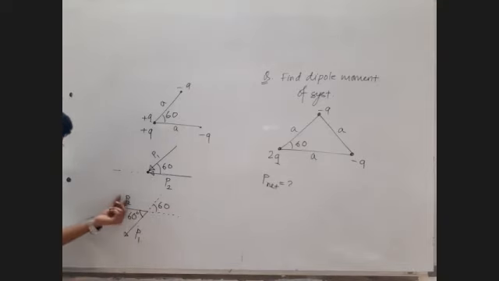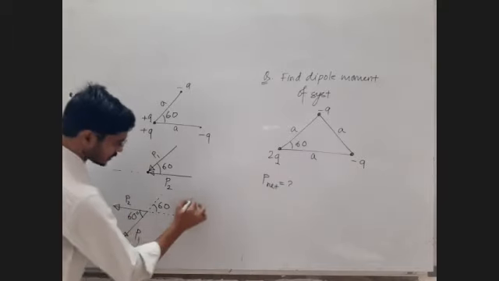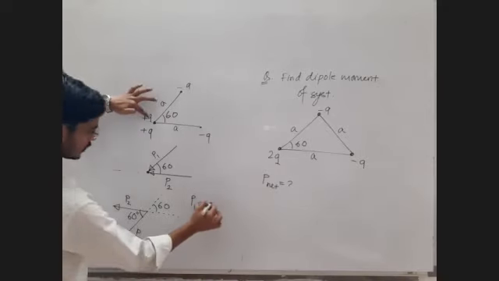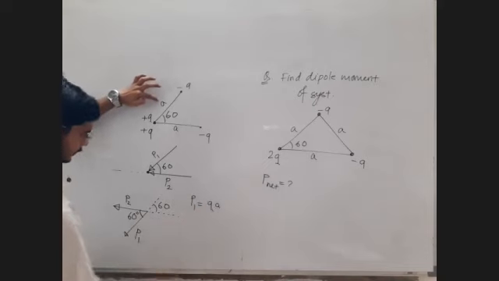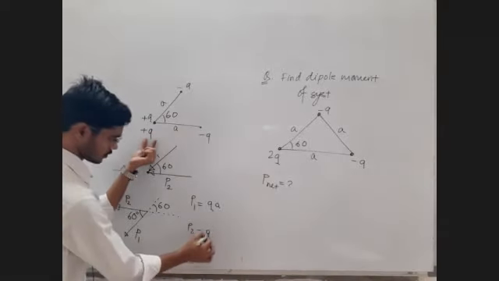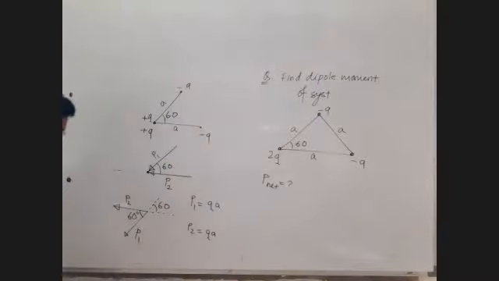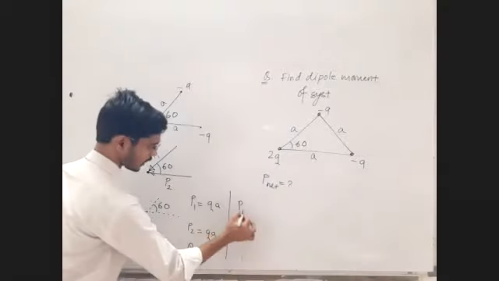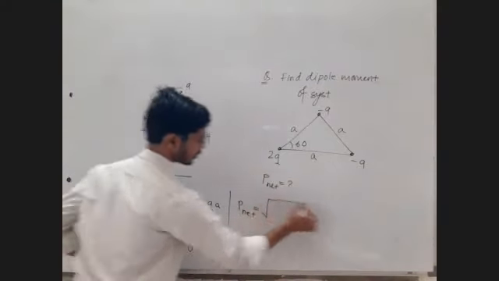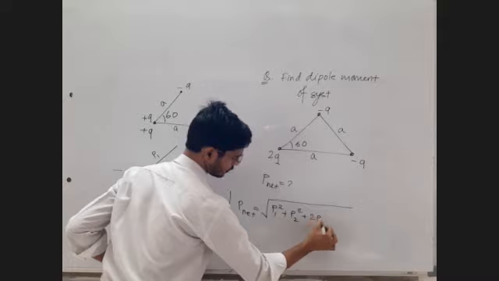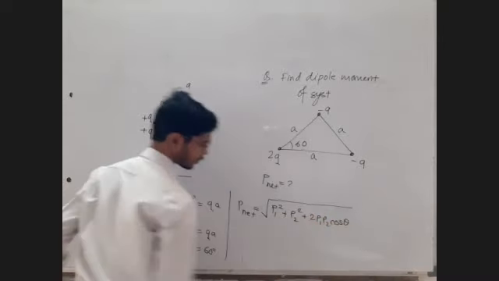So now you have two vectors. You have to find their magnitudes, and with the angle between them you will get the resultant. First, the magnitude of the first vector: this is the dipole moment, one of the charges, any one charge, into the distance between them, small a. Second dipole moment, also one of the charges into the distance between them. The angle between the two vectors is 60 degrees. How to find the resultant of two vectors? The magnitude of the resultant is equal to the square root of a square plus b square plus 2ab cos theta. Instead of a and b you have P1 and P2.